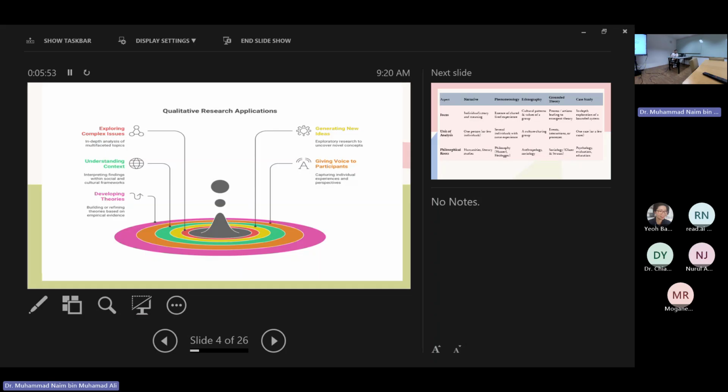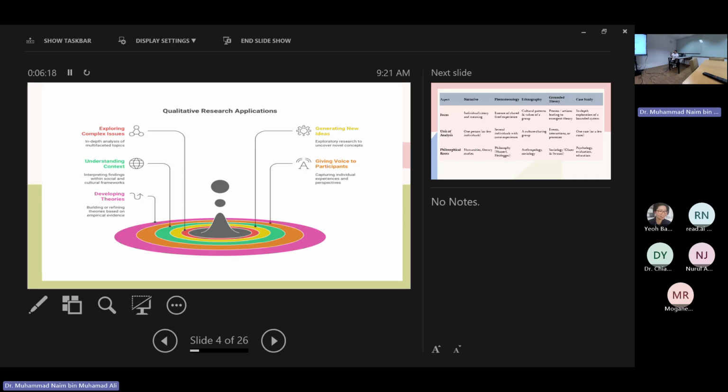Okay, and then giving voices to participants. As a qualitative researcher, we allow our participants to talk. Basically, what I usually say to my students is that we give them a platform to yell, meaning they can talk about their experiences, their opinions, and so on. Then to explore complex issues, in-depth analysis of multifaceted topics.